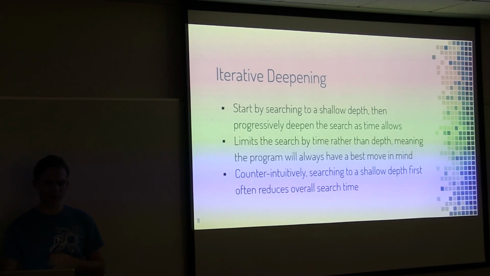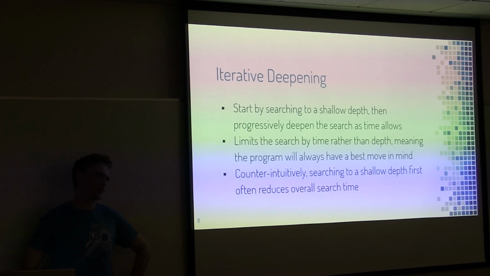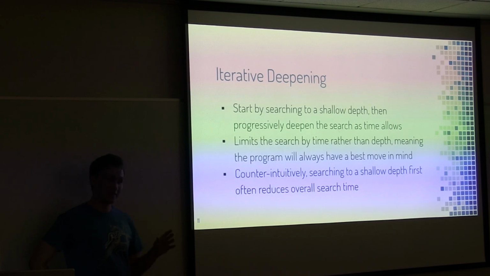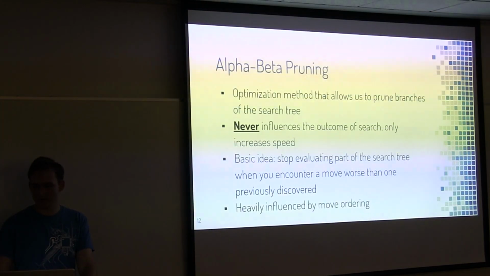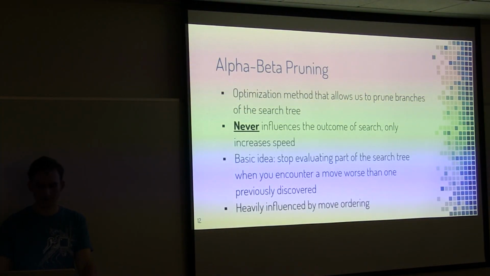And this also works well with something called transposition tables, which is the idea of using a hash table to store your calculation for a position, so you don't have to look it up again. So you might encounter that a lot in your deepening. It's a classic time-space trade-off.